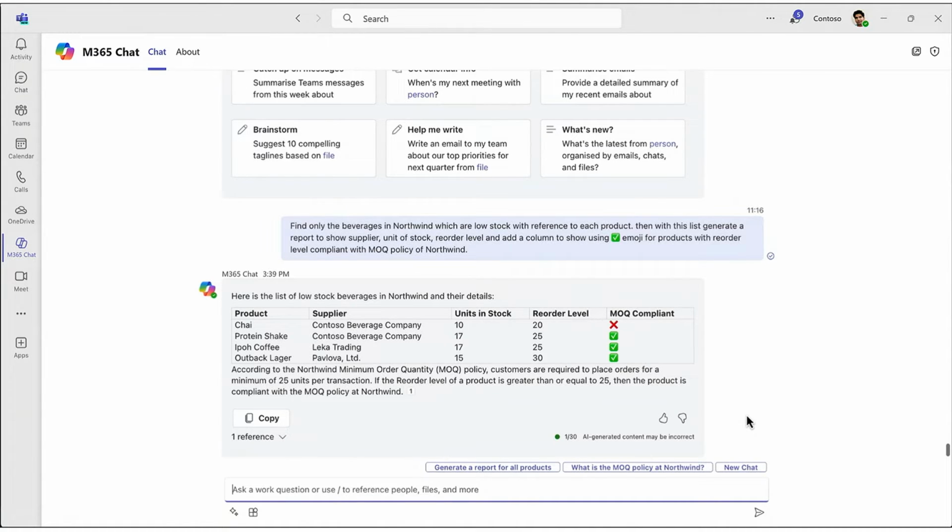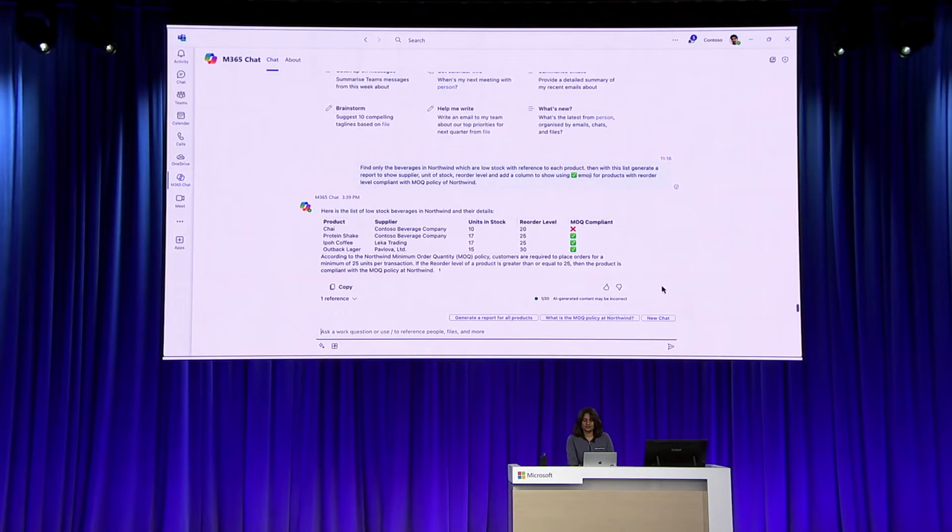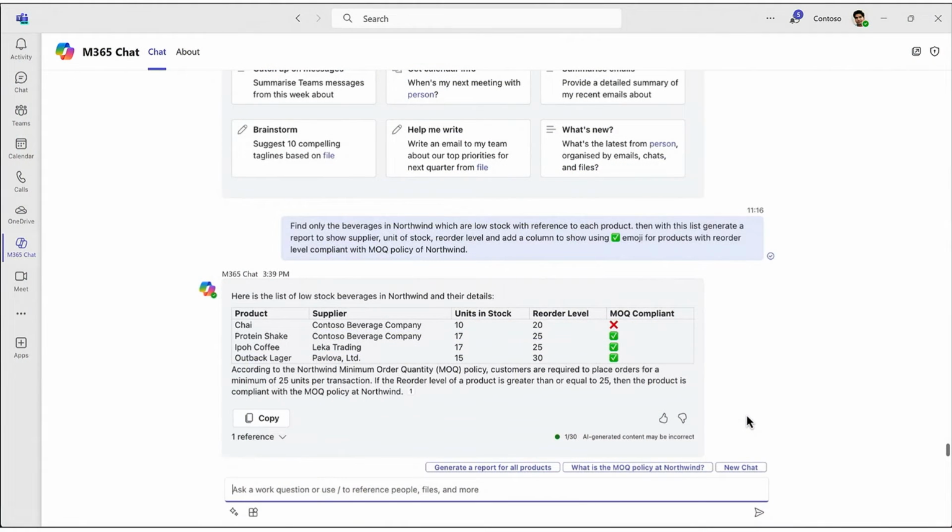Copilot then retrieves the low stock beverages and checks whether they meet this rule. It generates a report for me, and I really love how it puts all these emojis. And then it's actually going ahead and showing which is compliant and which products are not compliant. It also gives me a summary of the policy and a link to the policy document, so that I can go ahead and verify it myself.